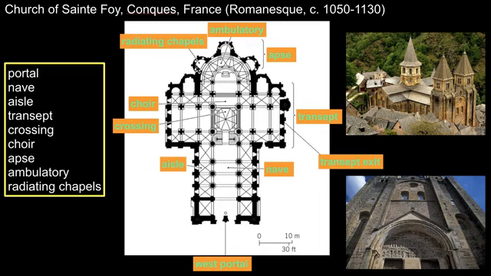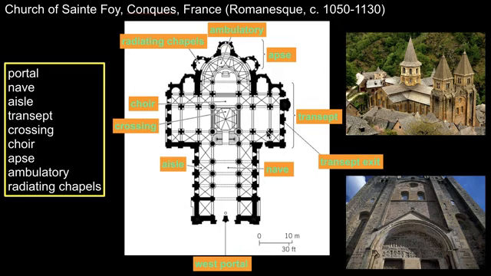So the path a pilgrim would take would be to enter on the west end of the church and see the sculptures at the west portal, being taught about the Last Judgment and how to receive salvation. Follow an aisle back to the transept and visit all the relics they could at little chapels here on the transept, and then all along the ambulatory. And after finishing being in the presence of the relics, the pilgrims could leave via an extra exit here on the transept arm. So with the aisle, the ambulatory, and the extra exit, designers prepared a path for road-weary pilgrims to enter, visit the relics, and leave efficiently.